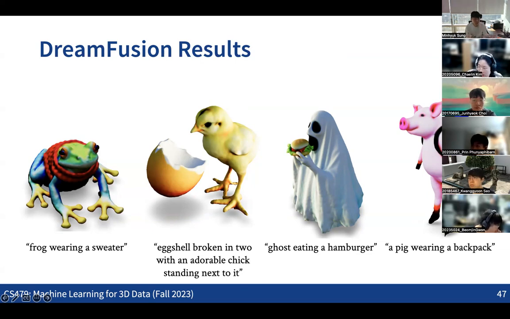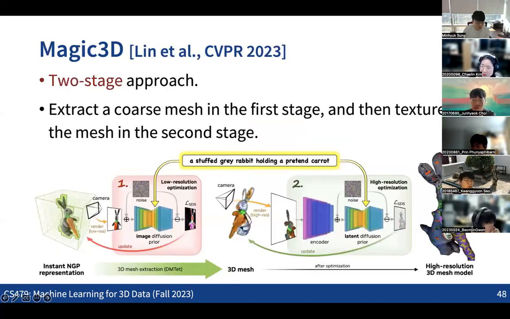So we can consider making some very random outputs using the SDS loss. This is the power of utilizing the 2D priors, the information which is already learned in image diffusion models. This idea has been very effective in making lots of interesting 3D outputs. And there are also tons of follow-up ideas in terms of how we can improve the quality of the outputs.